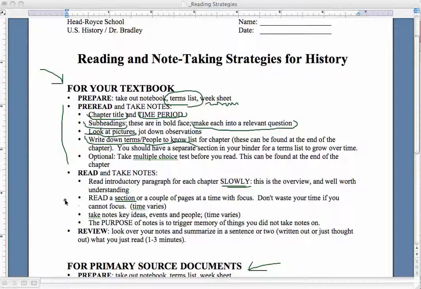So assuming you've read a couple of pages or a section with focus, then take notes on key ideas, events, and people. You shouldn't make these more than 5 or 6 lines per subheading. The purpose of notes is to trigger memory of things you did not take notes on, not to replicate what's in the book. Finally, when you're done with